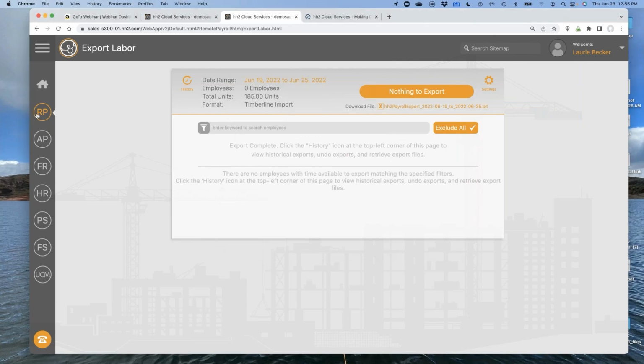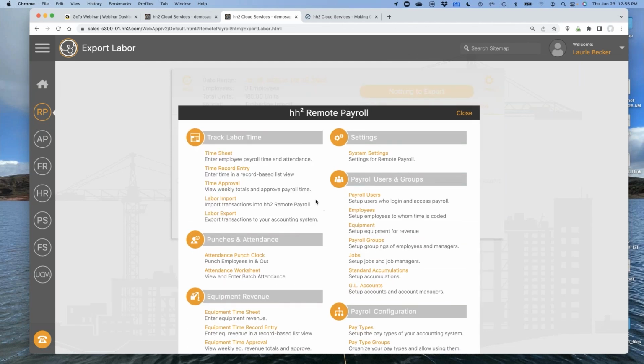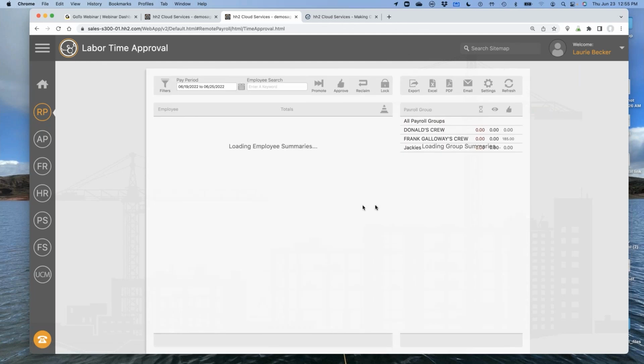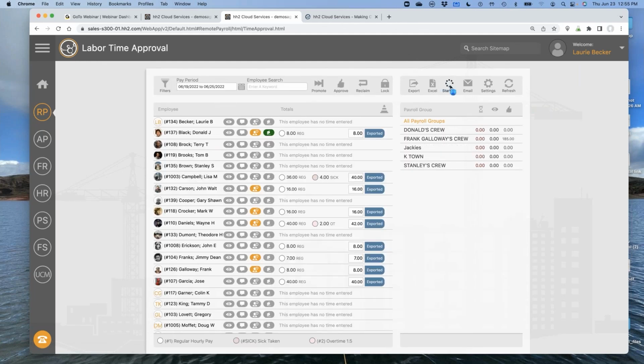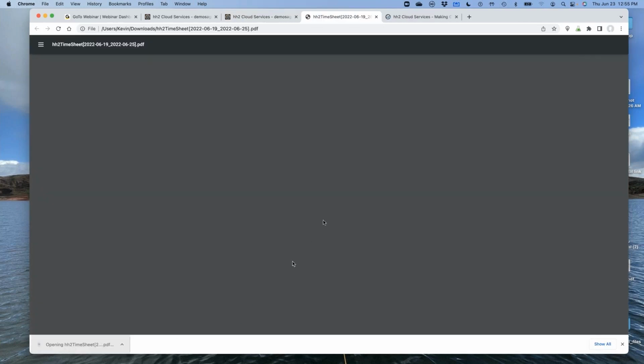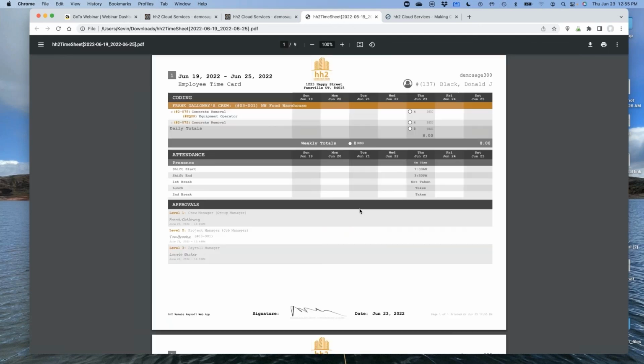Couple of fast things. We've got 5 minutes left, so I'm going to cover two different things real quick. We never delete your data. It's always in here. You can always go back, go into time approval. If you want to see a PDF of somebody's timesheets, you just click on the PDF of timesheets here. This is how fast and easy it is to gather that information.